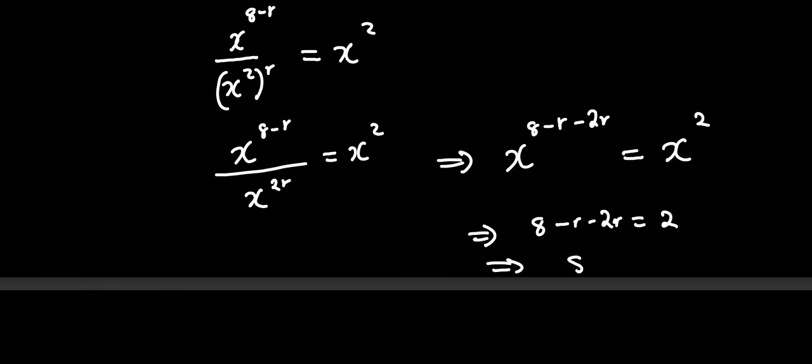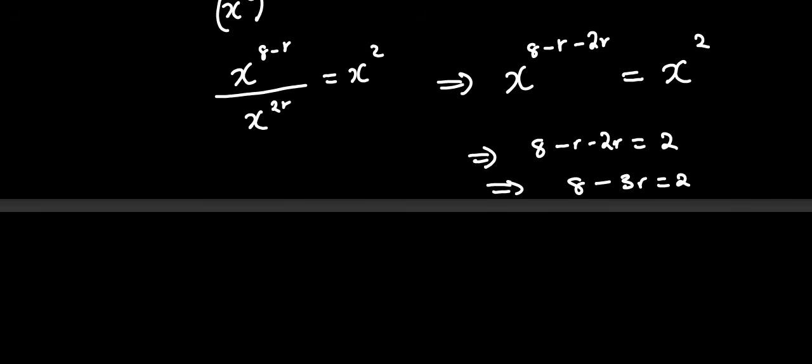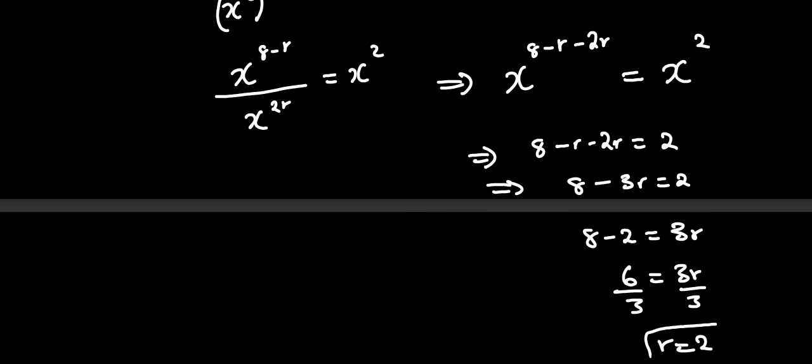This is now going to be 8 minus 3r is equal to 2. This becomes 8 minus 2 is equal to 3r. This is 6, I'm having a 3r there. Divide by 3, meaning r is simply equal to 2. So if r is equal to 2,